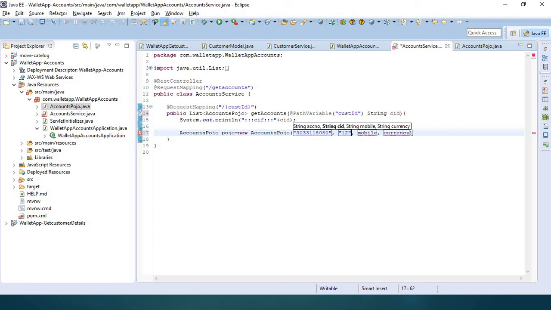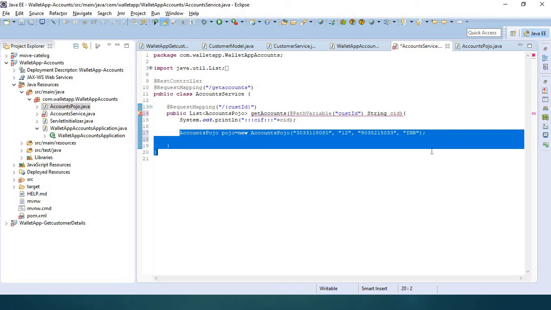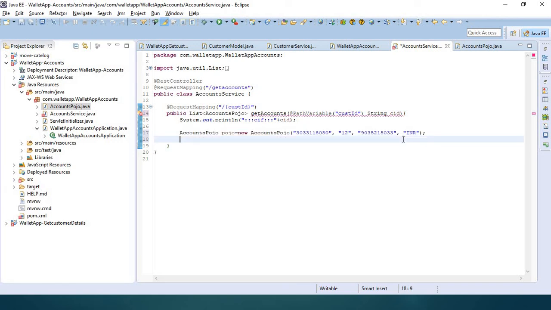CID, and mobile number is 9035215033. Currency is INR. Now we have to create multiple objects, right? Account 20304258, his customer ID 13, mobile number is 8081952216, also an INR account.